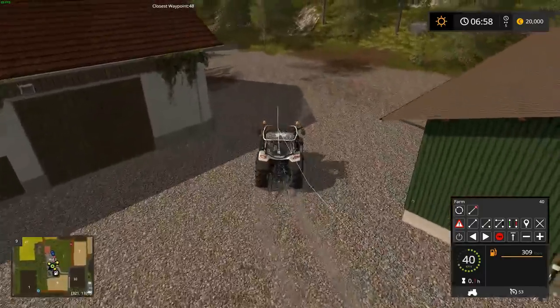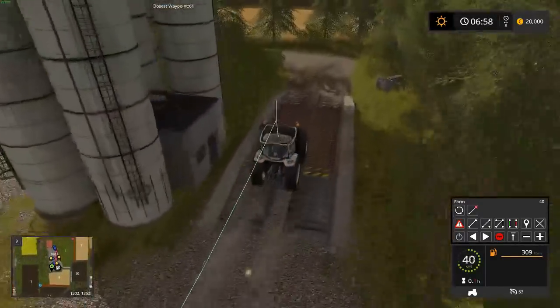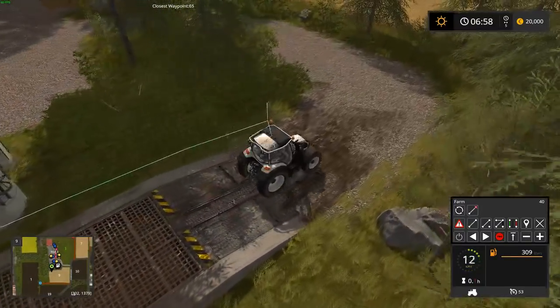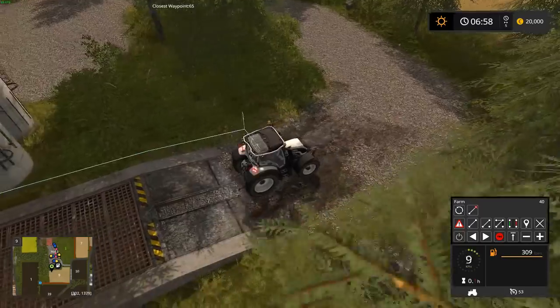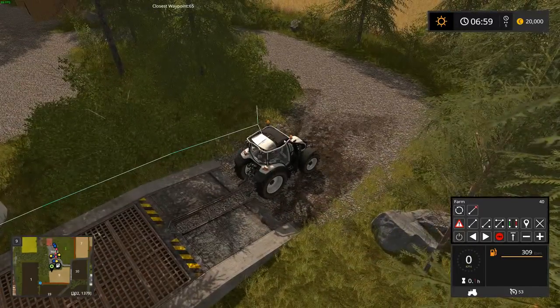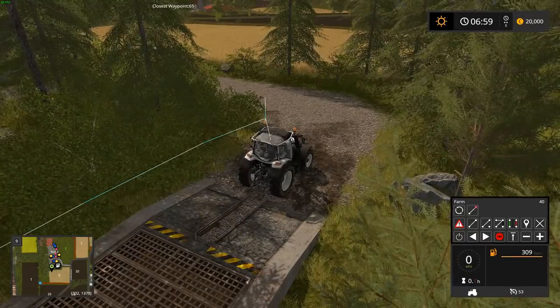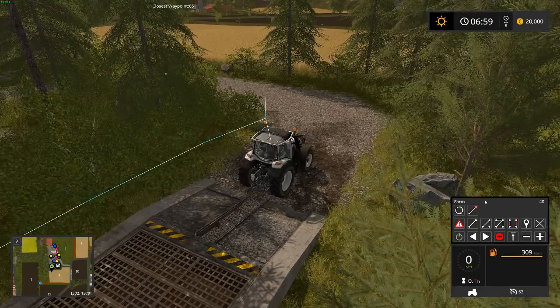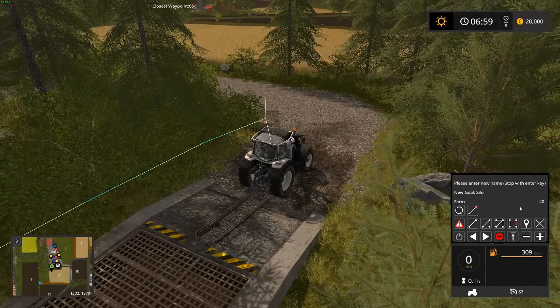So let's just pull that way over the trigger here, stop some way behind it so that the trailer will be at the right position. I think that should be fine. Then again, make sure that you have this toggled and enabled so you can create a marker again. Let's call this silo trigger,